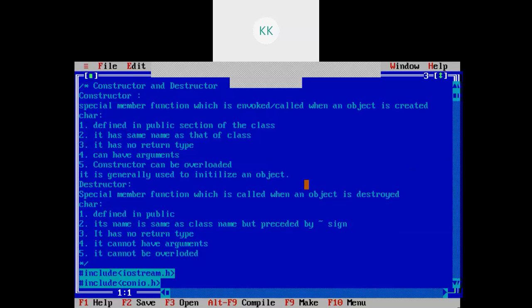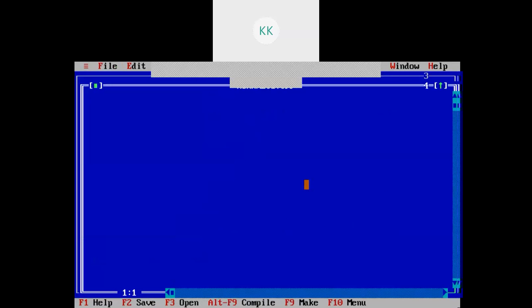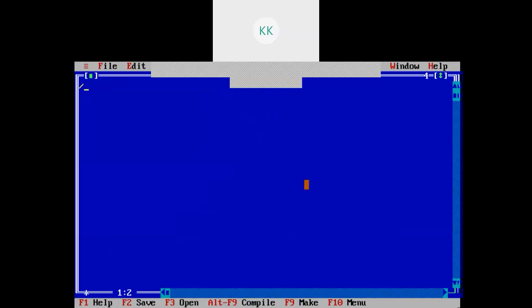Okay. So in today's class, we will see one more important topic, that is inheritance. So what is meant by inheritance?